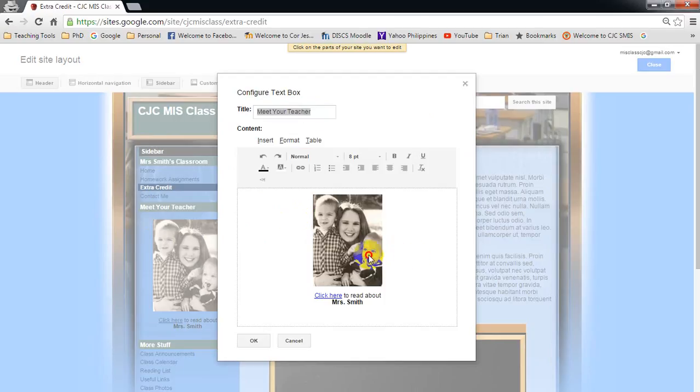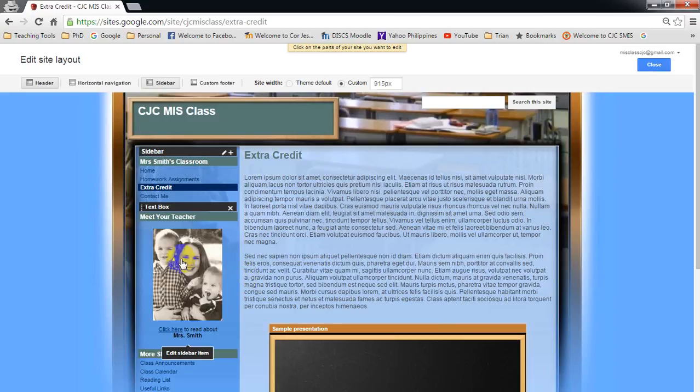I can even change the picture. I can click this and then delete it. And then later, if I want to insert my own picture, I just simply invoke the insert button, insert image, and look for my picture so that this picture will be replaced. I will also be dedicating a separate video to demonstrate that. Okay, so